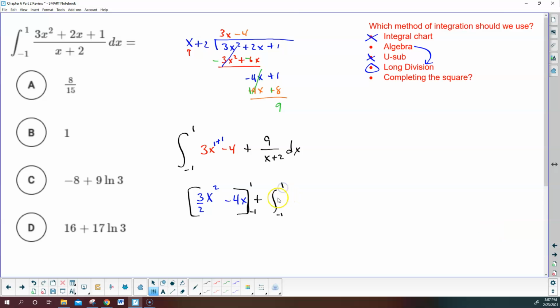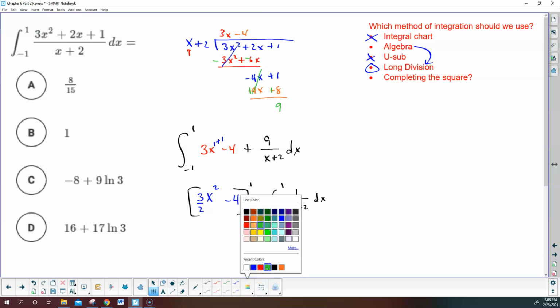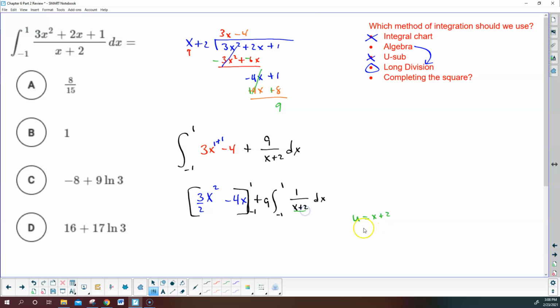And if I do this one separately, then I can rewrite this. Now you might already know this in your head because we've done it enough. In that case, you can skip this step. But I'm going to pull the 9 out front. There's a 1 here, and I got x plus 2 in the bottom. So my last step then would be to let u equal x plus 2. In that case, du is equal to dx. And we get 1 over u du